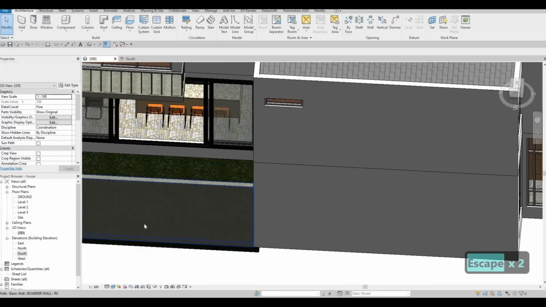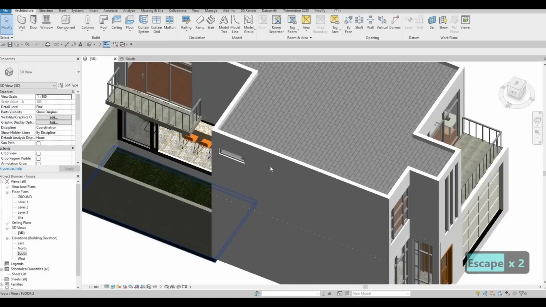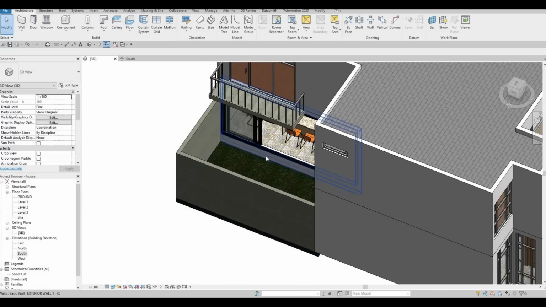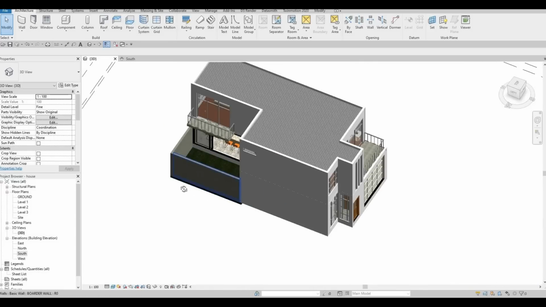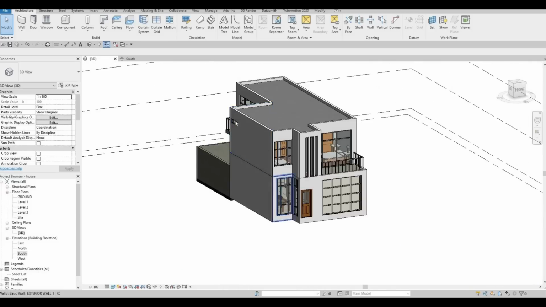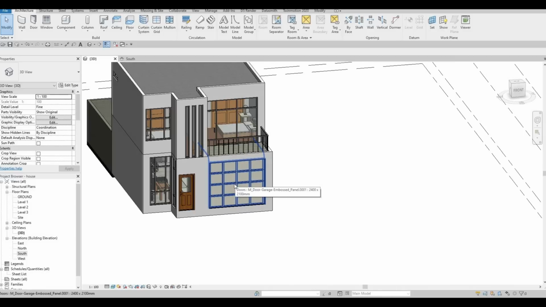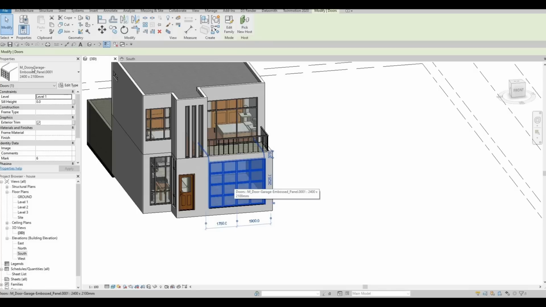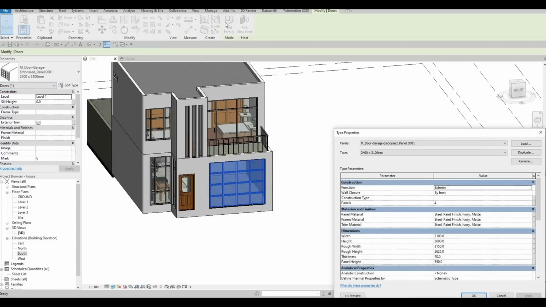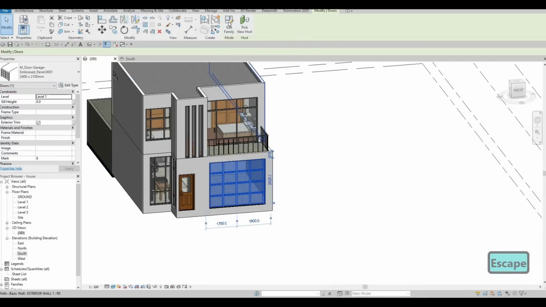So everything will follow along, and the only thing we need to do is add in stairs here. And then here, what I want to do first is to edit this garage door. I want to change it because we always have this garage door, so I want to edit the look. So we could just select that, edit family,